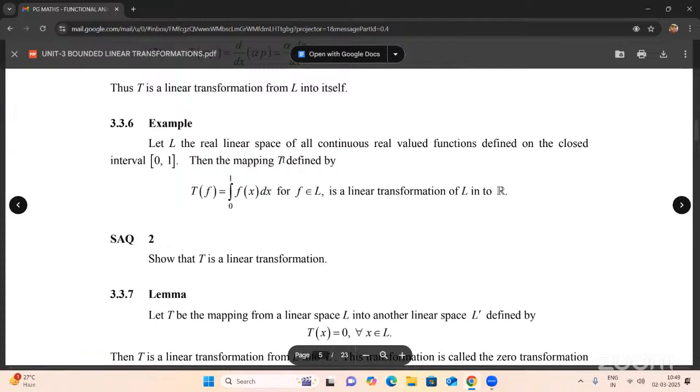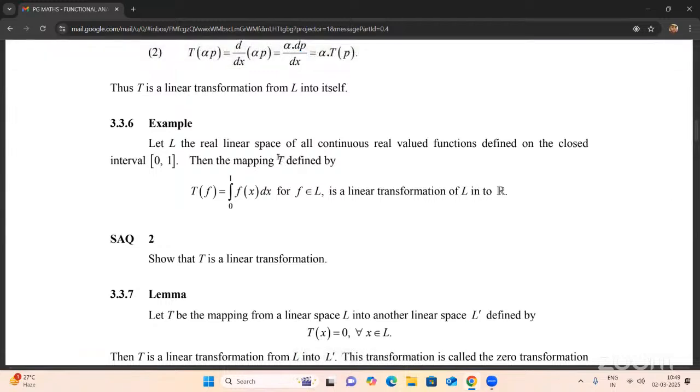The mapping is defined by T mapping L into R. The defined relation, for a real valued function f, is T of f, defined as the integral of the function, because this is a real valued continuous function. So we are taking the integral from 0 to 1 of f of